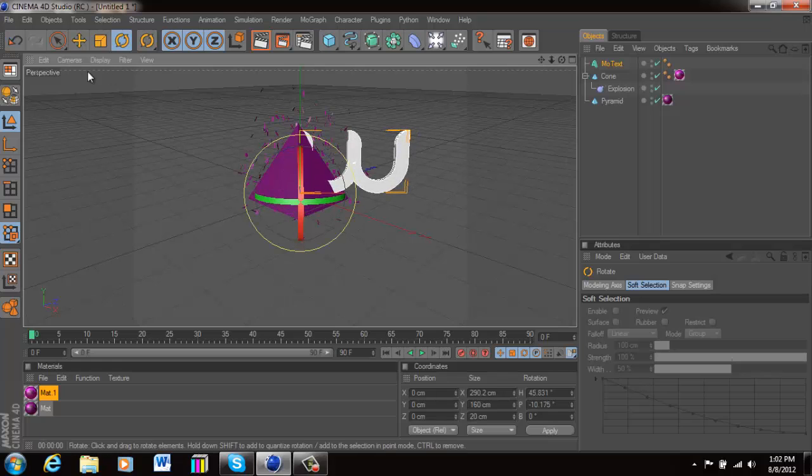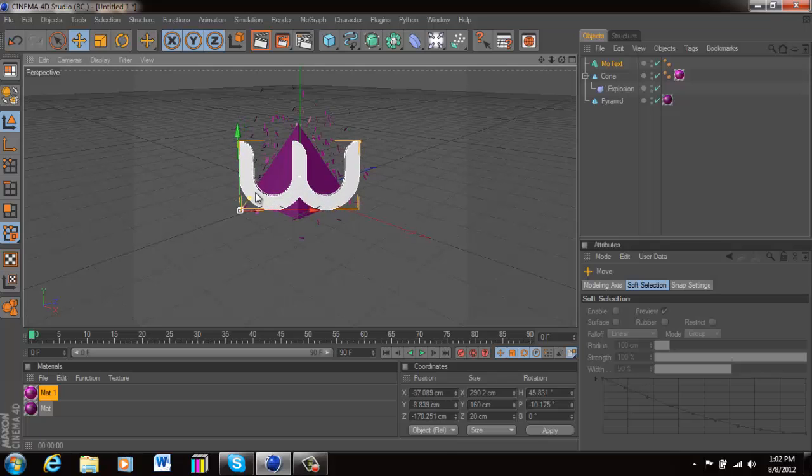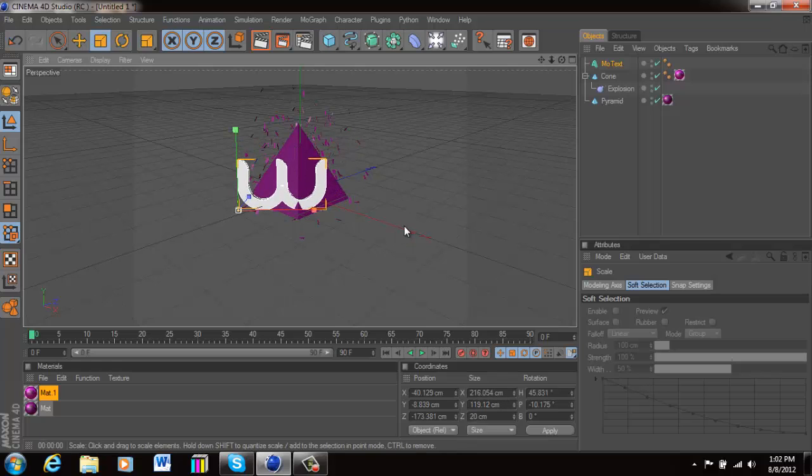There we go. Now you want to grab it and put it in the middle. Bring it forward because it is obviously not in front of it. So basically what I did to make it look more like wrapped around it, you want to make it a little bit smaller. But other than that, basically what I did to make it look more wrapped around the triangle,